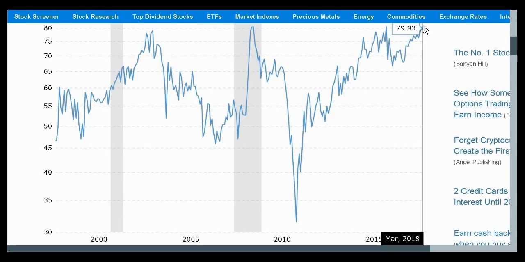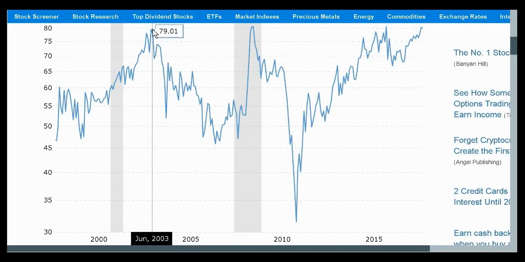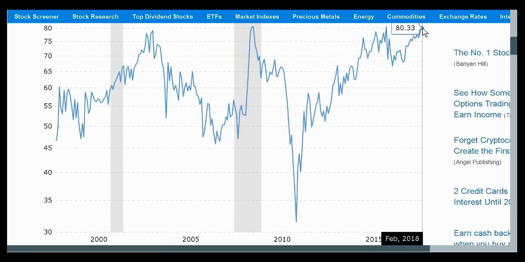I'll repeat that. When it's up here, let's say it's up here or up here, when the gold to silver ratio is really high, you might consider, as a very risky strategy, going long or buying silver and shorting the same dollar amount of gold, because you believe that it's going to mean revert back to 50, which would mean that relatively speaking, the price of gold would go down compared to silver, or the price of silver would go up compared to gold.